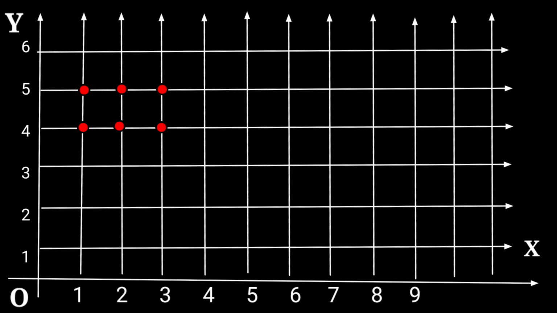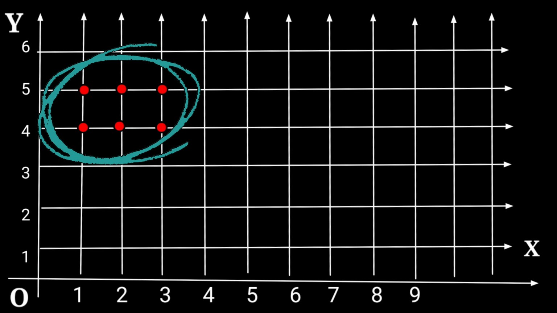So students, this is the area where we can get all the possible ordered pairs. That is (1, 4), (1, 5), (2, 4), (2, 5), (3, 4), (3, 5). So this is the graphical representation of the Cartesian product A cross B. Okay students, so far we have discussed the Cartesian product of two sets. Suppose you want to find the Cartesian product of three sets or four sets or five sets. How to define? Now let us make it generalized.